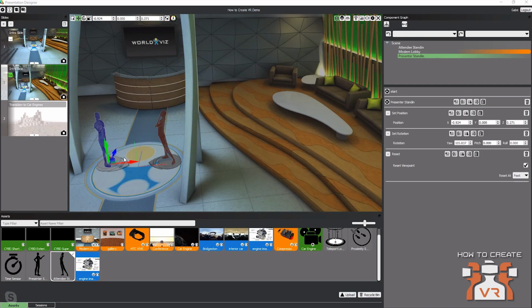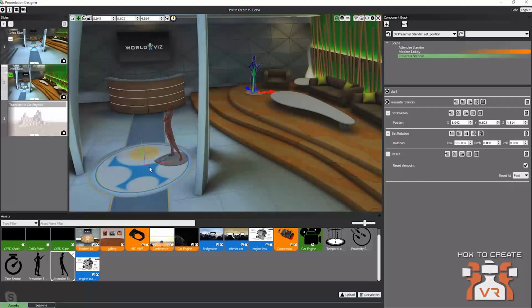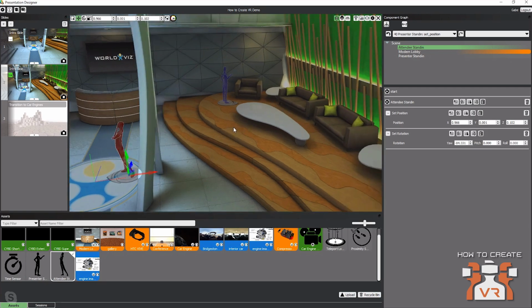This is handy because sometimes these virtual environments are large, and people's tracking environments might not be big enough to walk from the middle of this room over to the sofas. So you can use these tricks with stand-ins to quickly transport people around a larger space and adjust their viewpoint